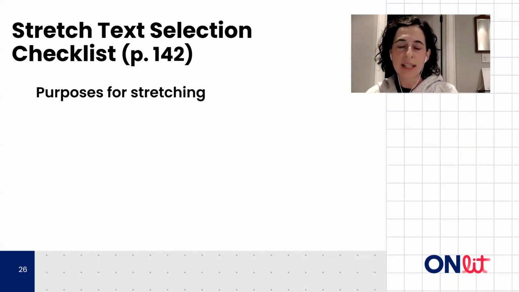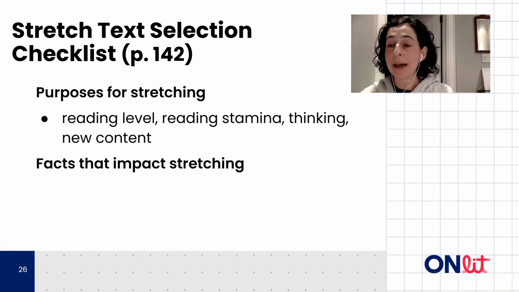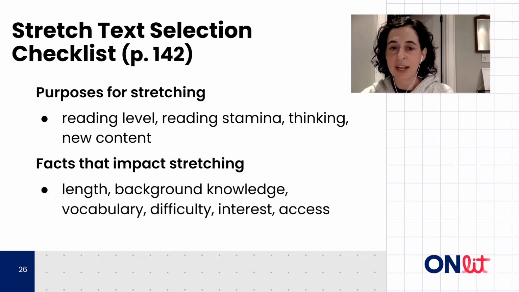So this checklist really guides our thinking as educators in terms of, firstly, what is our purpose? Is it to provide a challenge at a slightly higher level for students? Is it to improve stamina? Is it to push critical thinking skills or to introduce new content? And then secondly, what are the factors that might impact the work in that specific stretch text? So looking at things such as the length of the text itself, the level of interest of the readers and what they're bringing to the text, their vocabulary knowledge, their background knowledge, the difficulty level of the text,